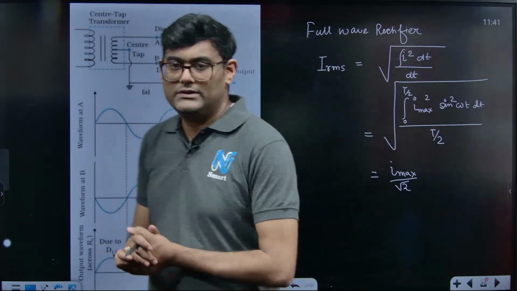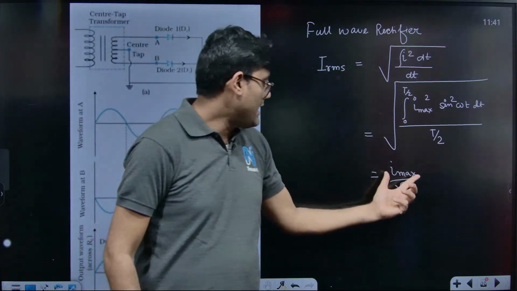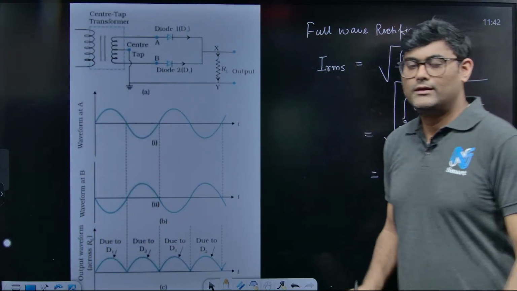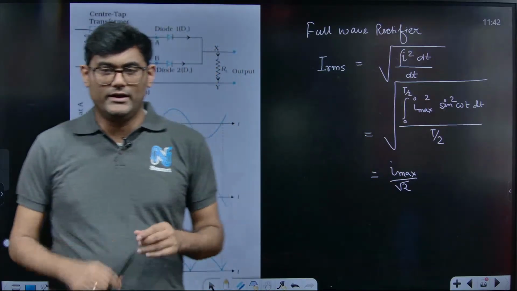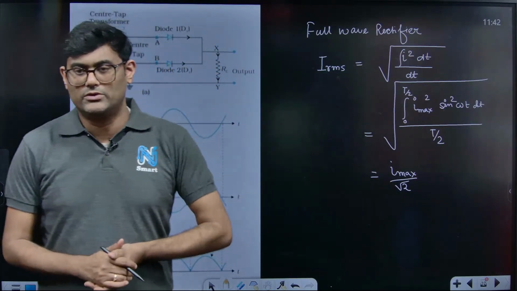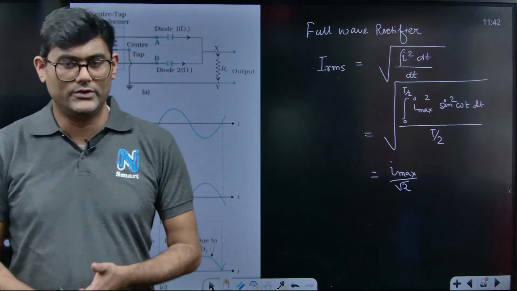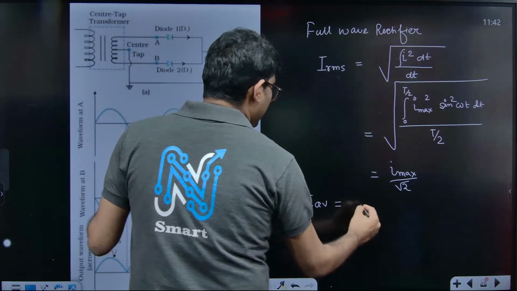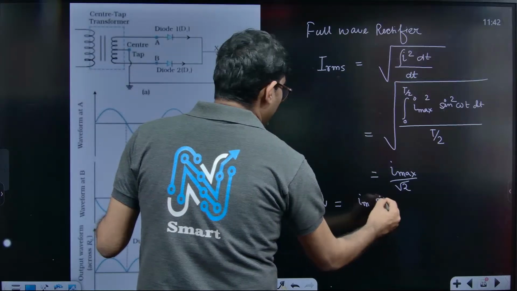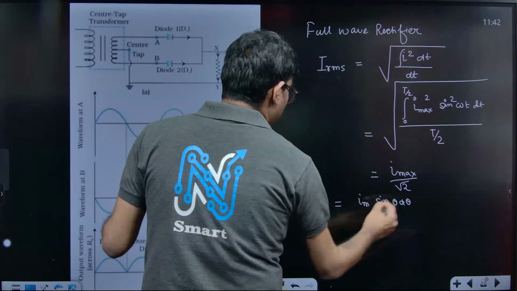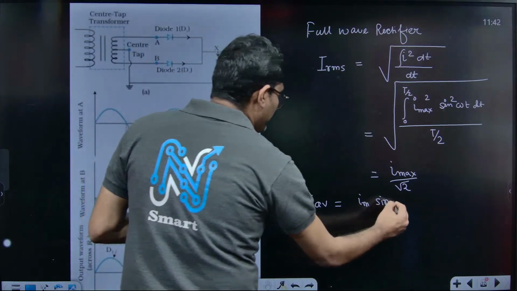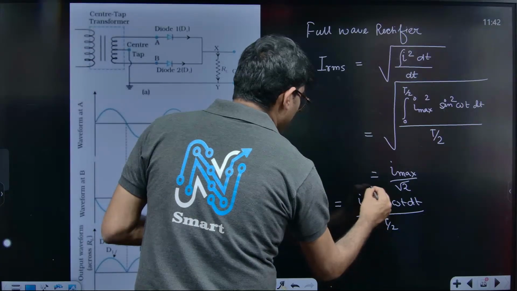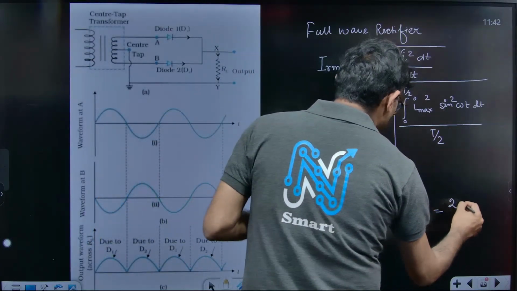So the RMS value of this full wave rectifier is I max by root 2. এটা নর্মাল এসি সার্কিটের মতোই, এসি গ্রাফেরও RMS ভ্যালু I max by root 2 হয়। এখানে আমরা I অ্যাভারেজও বার করতে পারবো, average value of this current. এটা হয়ে যাবে I max into sin theta d theta, বা d thetaর জায়গায় তুমি sin omega t dt, এটা integration divided by T by 2, 0 থেকে T by 2 যদি আমরা integration করি, you will get 2 I max by pi,